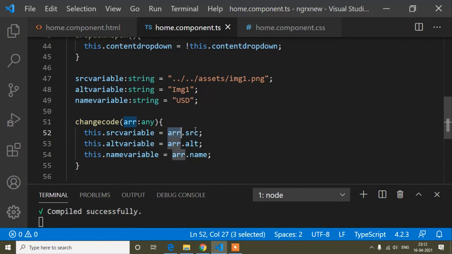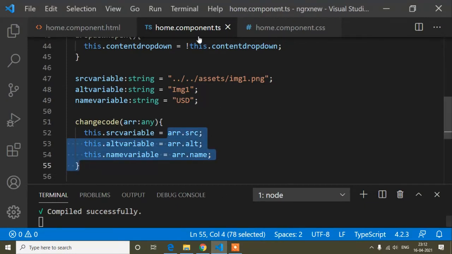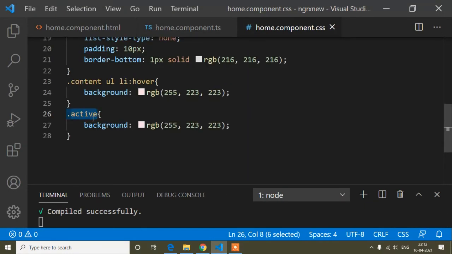So arr dot source, arr dot alter, every variable I have stored whatever I'm getting. So that's why it's added here. So this functionality is done now, and now I have to do, when I click any li tag, that time it will be selected with this red background color. This background color name I have added inside this active class.